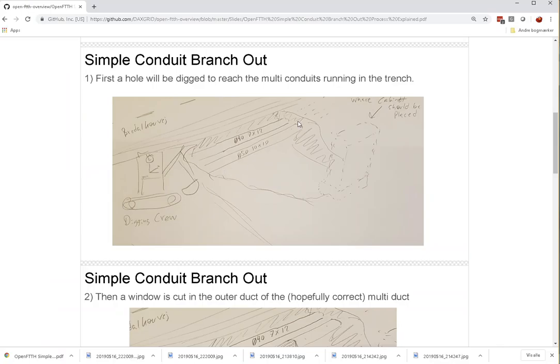So what they will do, they will dig down to these two pipes that run in the existing trench, and of course they will dig in somehow to the cabinet where the cabinet has to be placed. Maybe they don't place that cabinet yet, but they will start by making sure that there will be a pipe from here into the cabinet. So they start by digging the hole, and then of course